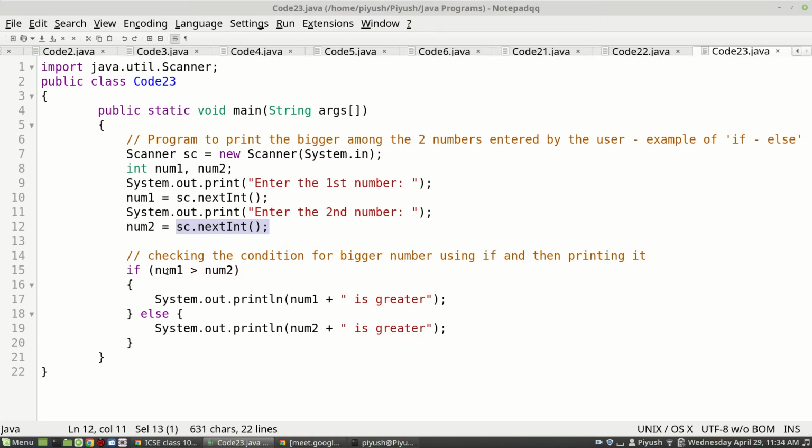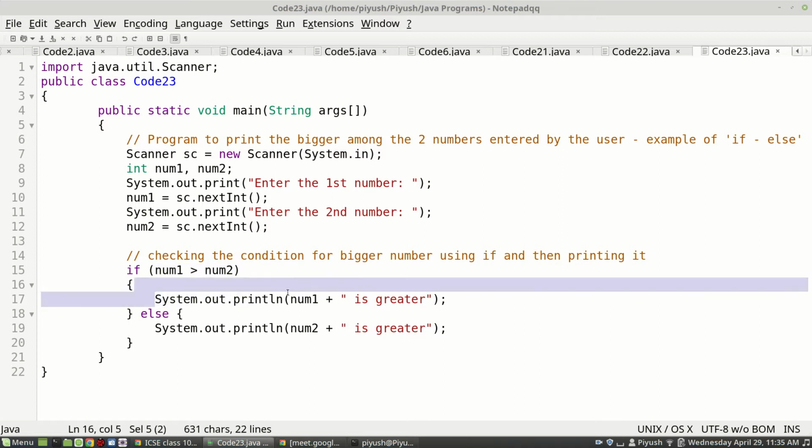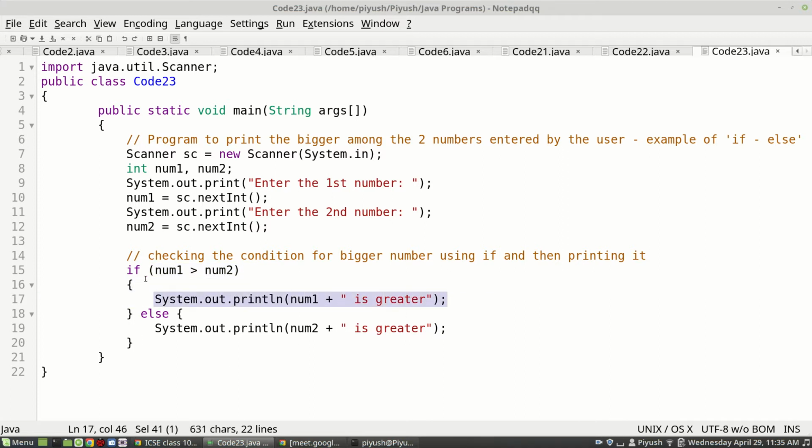So as per the wishes of the user, num1 and num2 will be filled with two different values, and then if will come into action based on this condition, which will use relational operators to determine whether the outcome will be true or false. Based on that, if this condition happens to be true, it will enter into the if block. If the condition is false, it will enter into the else block.